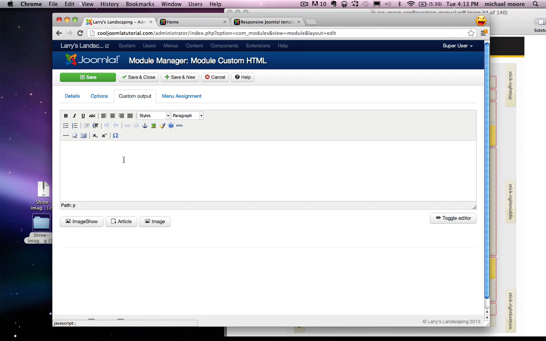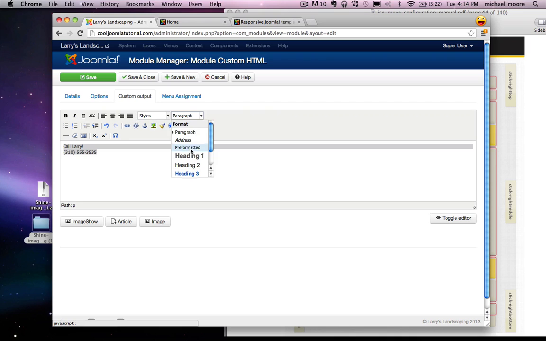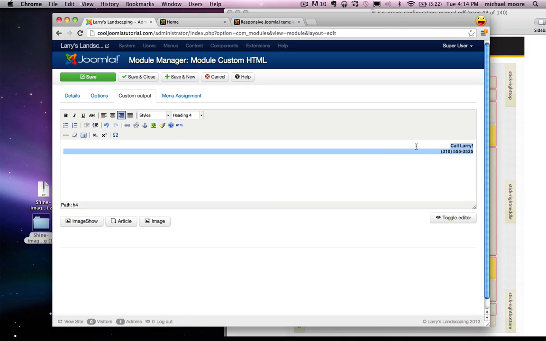And let's go to the custom output and let's write call Larry. And then I'm going to hold shift and press enter and then type in my phone number. So the reason why I hold shift and press enter is because if you just press enter, it'll make a bigger space in between the two lines. All right, so now I'm going to change it to heading 4 to make it nice and big. And I'm going to align it to the right hand side so it is on the top right corner of